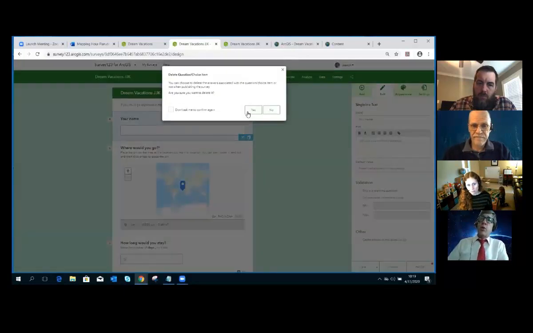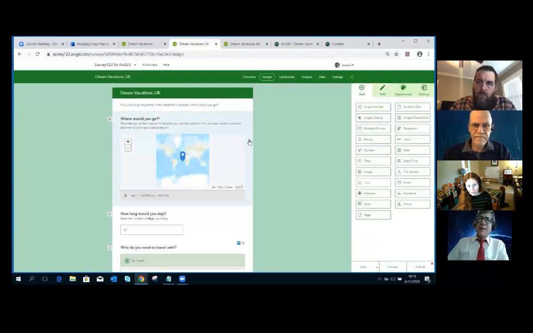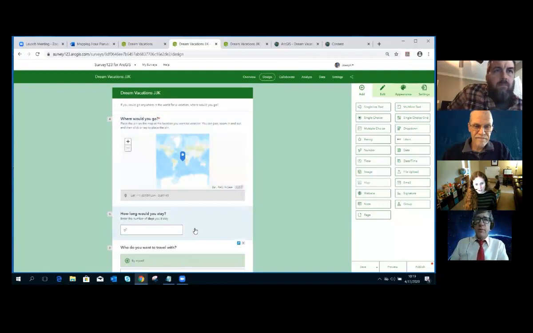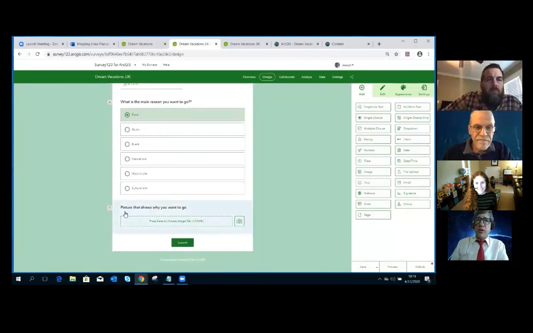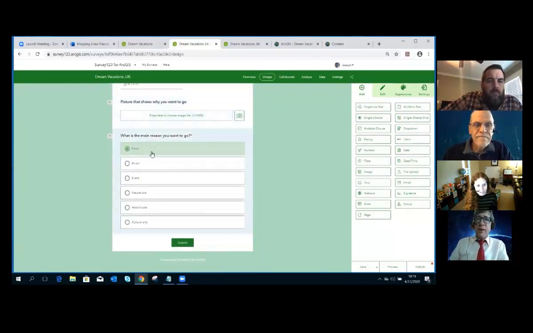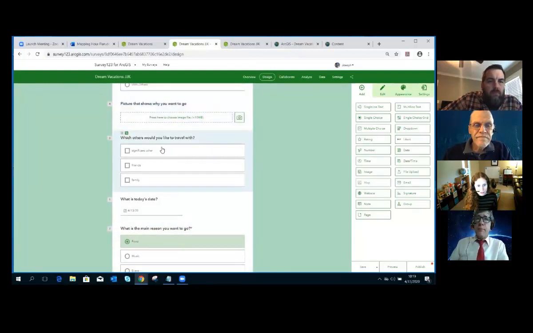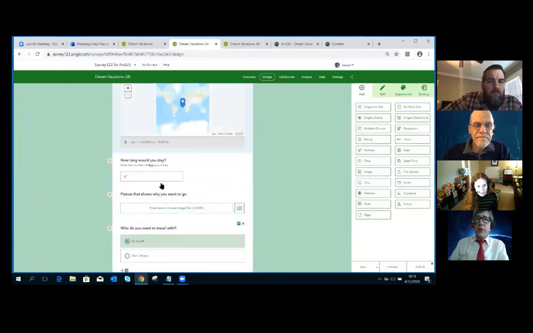And also in our work, do we really want to do it? This is a nice little safety valve. Some of the tinkering that we've done, the order is just not ideal anymore. Can I move these things around? Like, thinking it out, if I'm having them think about where they want to go, maybe I bump up this picture to be right underneath the map. Ooh, I like that a lot. That makes better sense to me,